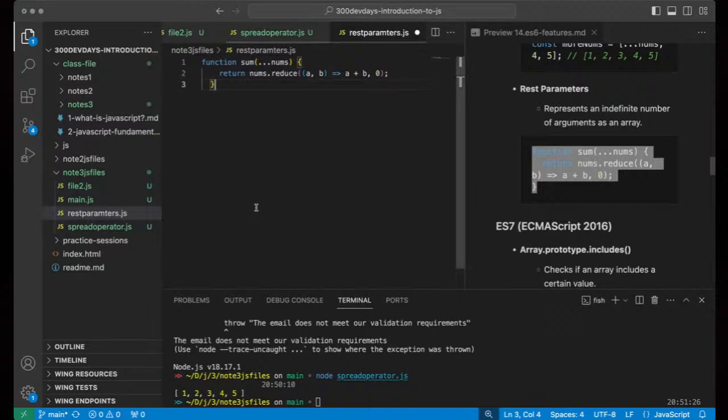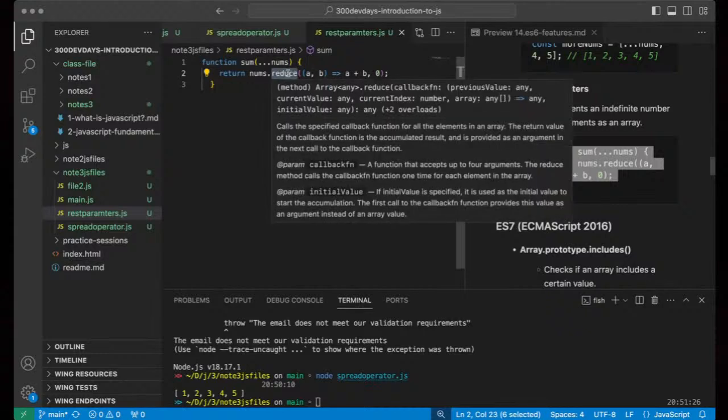What this is basically trying to show is that you have the ability to add infinite parameters, right? When you create a function with such a parameter, you have the ability to include infinite numbers of parameters. Now the thing about this is you can then use a reduce function. This is a reduce function, right?